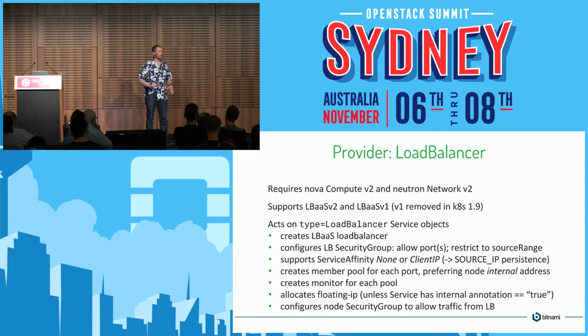So all of this code has to be ready to deal with the half-configured case. If this code fails 7 steps in and then gets called again to retry, the first 6 steps will already have succeeded. And so each of those has to say, is there already a load balancer called this? Oh, yes, there is. Right, I won't create a new one.